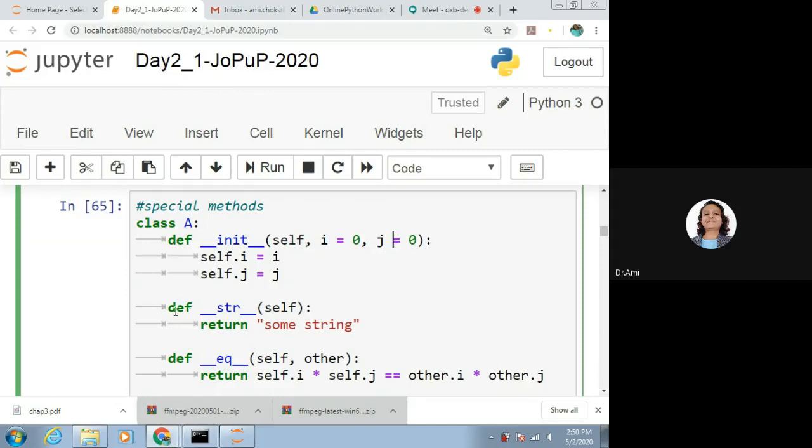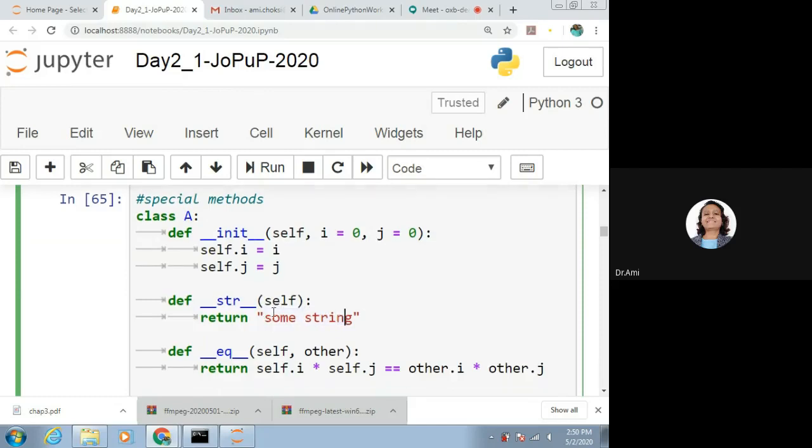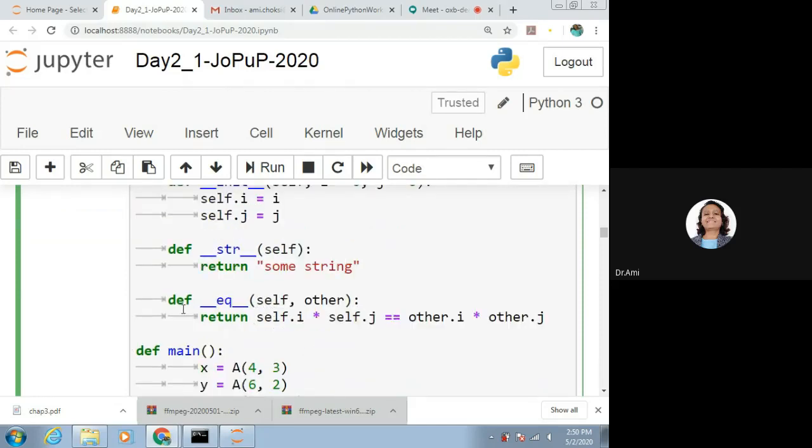Now the string representation of the class, that is def __str__(self), returns some string, that is we may be using the class members and representing them in the form of some string. Next we want to have the equality method.